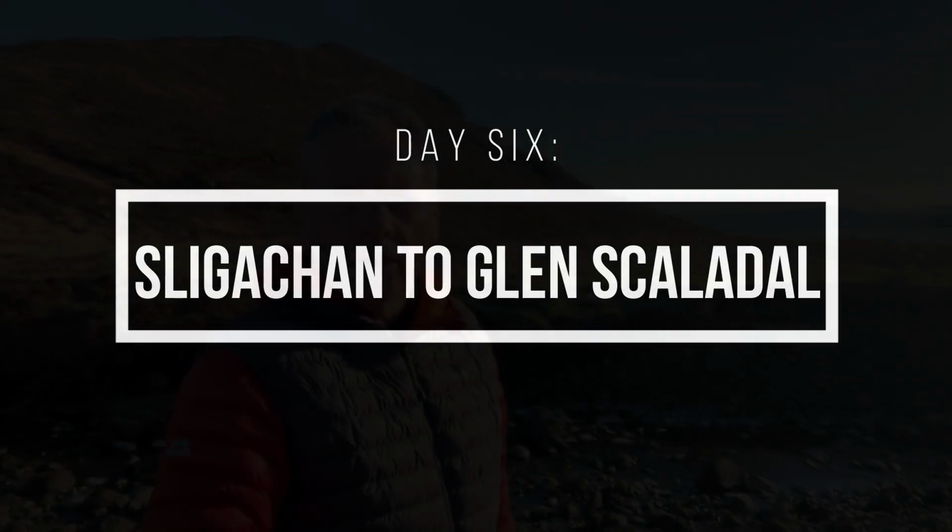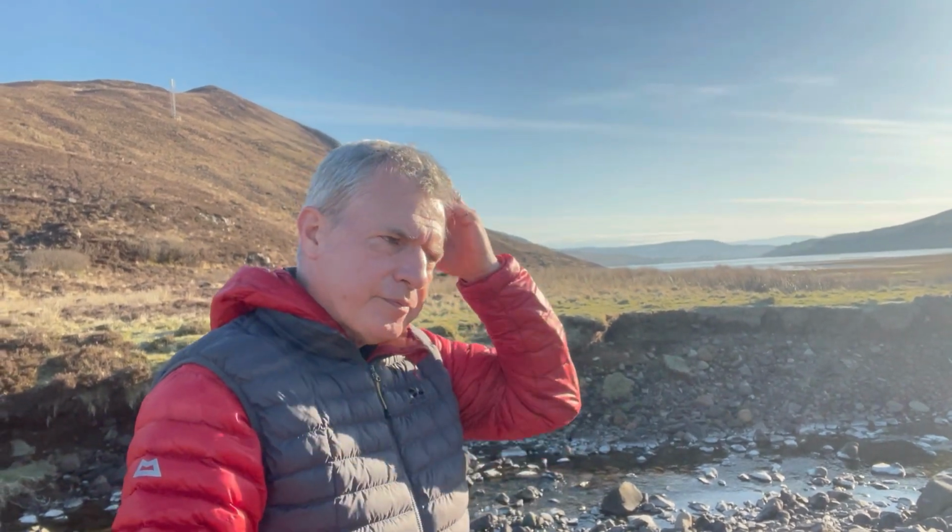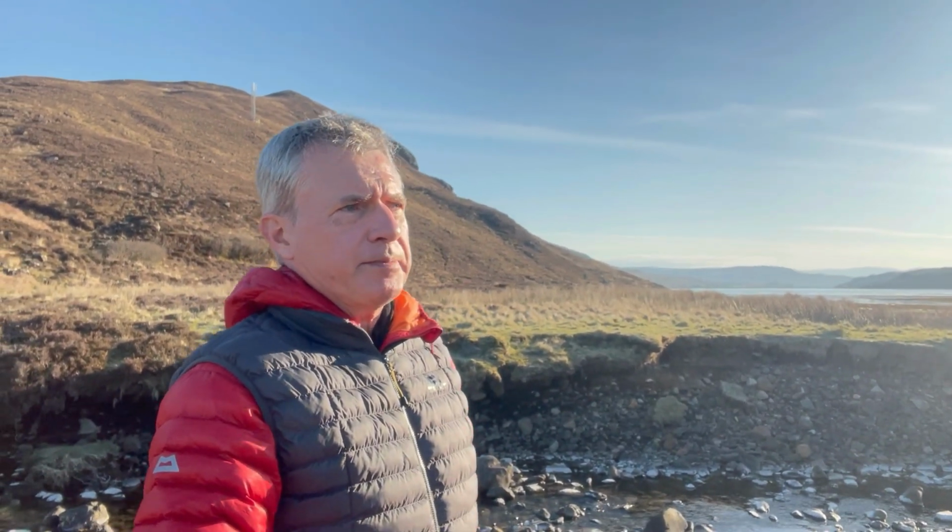Oh, good morning. Well, last night was a chilly one. This is the thermometer in the other tent. We're at about 1 degree inside the tent this morning, so it certainly dipped below zero outside, and there was a bit of ice on the fly sheet as well this morning,